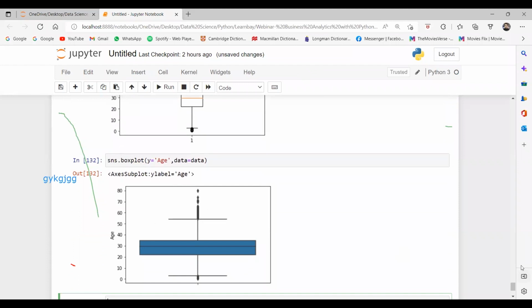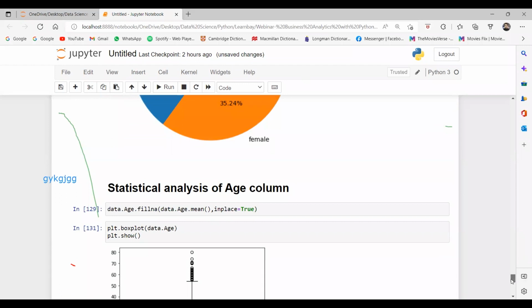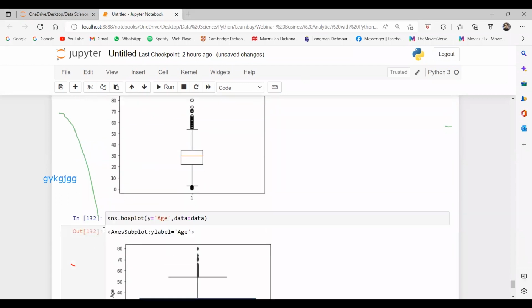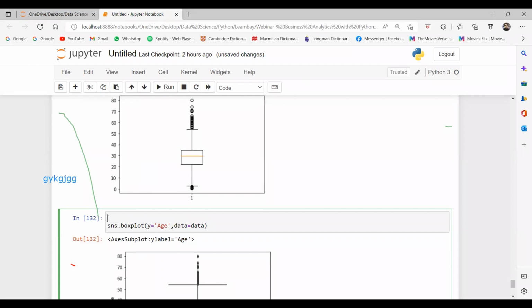For example, I want to increase the size of this box plot, so I can use that subplots function and increase the figure size. Let me tell you how we study this box plot.